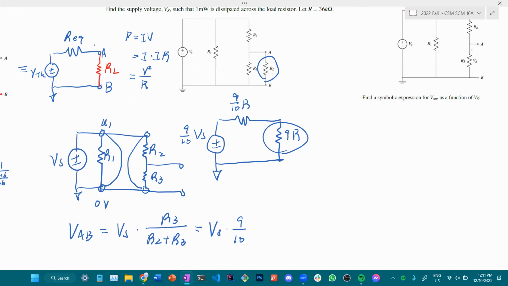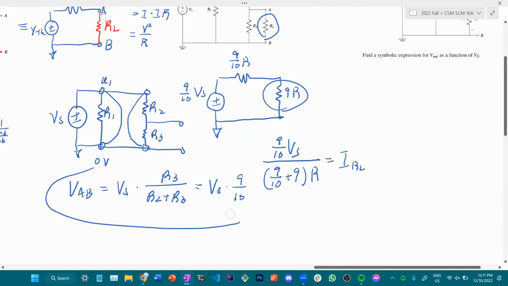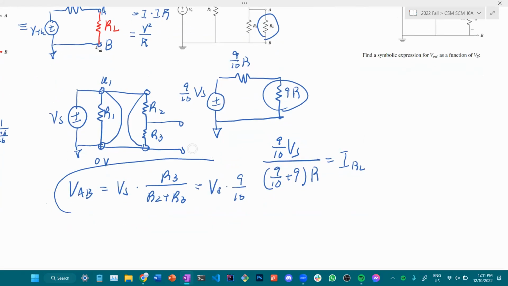The current across this resistor happens to be the entire voltage over the sum of the resistors in series, which will then be 9 over 10 plus 9 times R, is equal to the current across the load resistor. And from